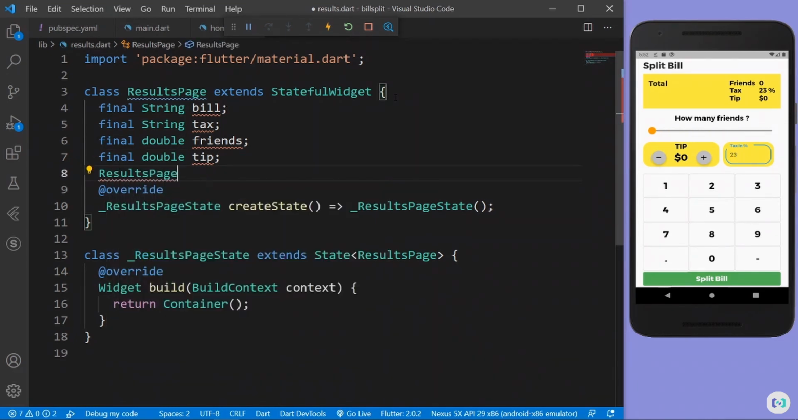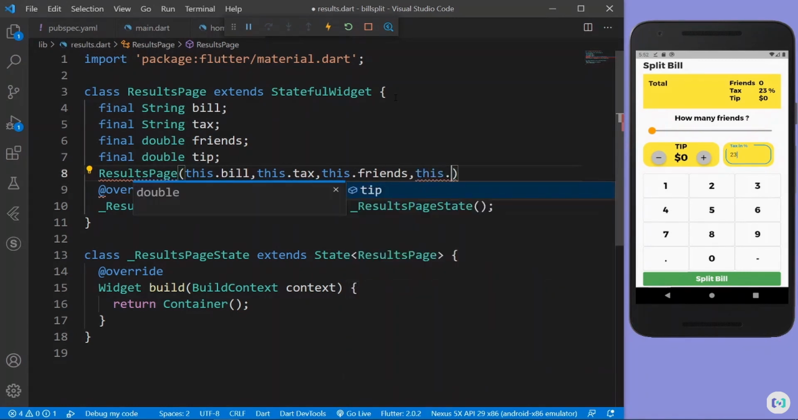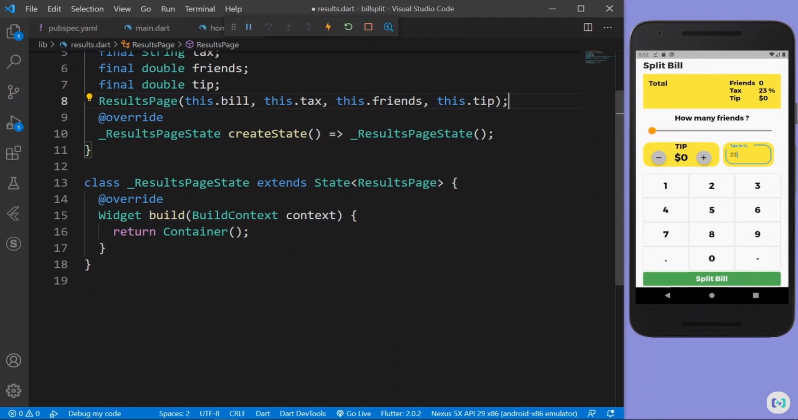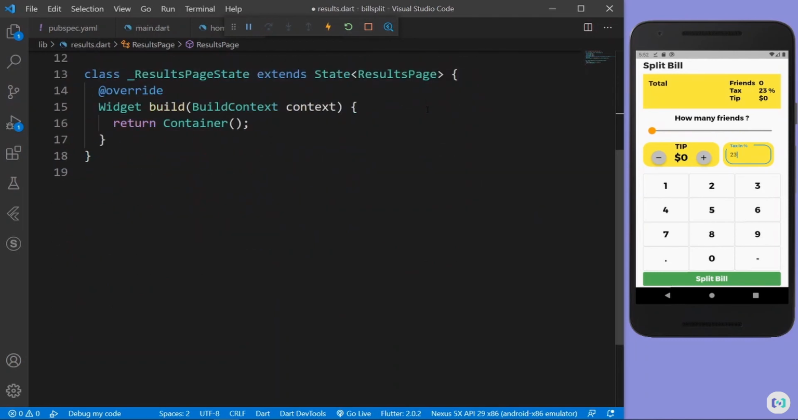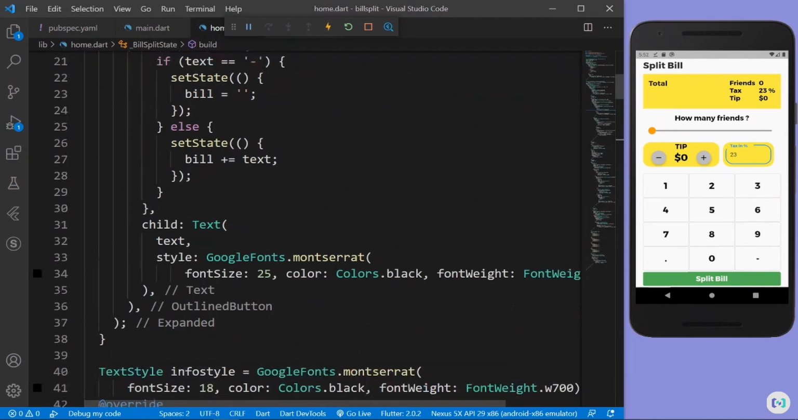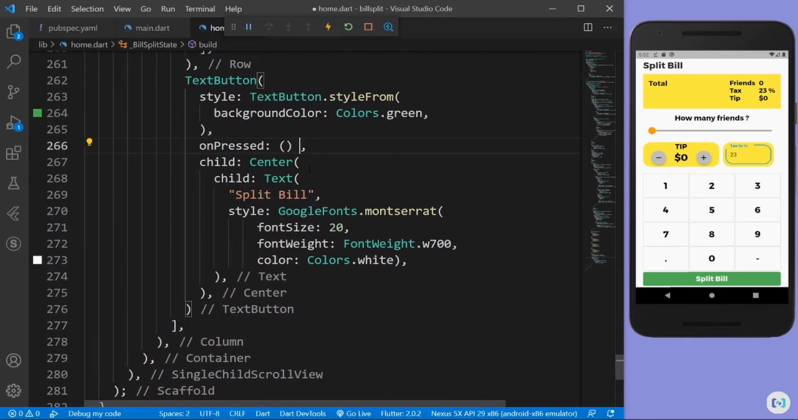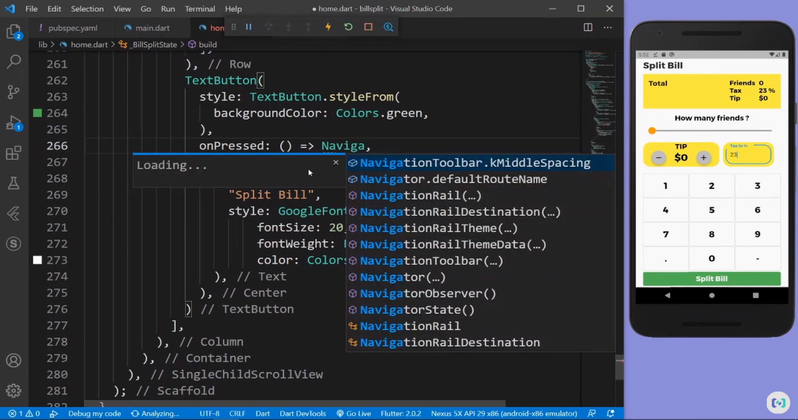So let's say results page, this dot bill, this dot tax, this dot friends, this dot tip. They should do the job, and let's actually navigate to the results page. So let's go to home.dart, and whenever I click on the split bill button, so here on pressed, let's navigate to the results page. So I can just call a Navigator.push function,